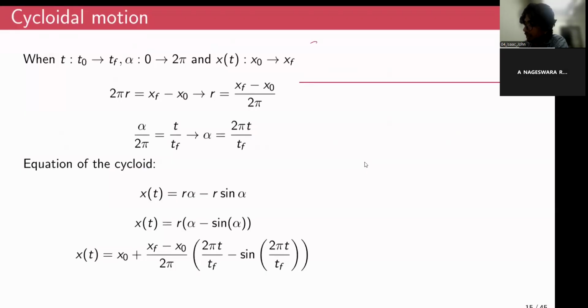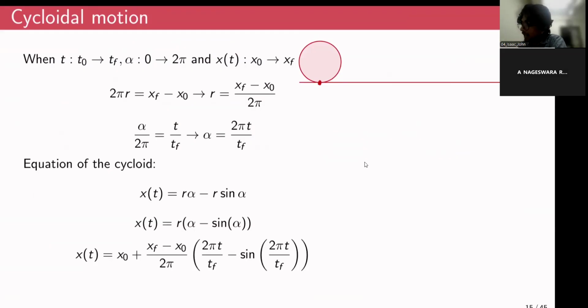and if you roll a circle over a straight line, maybe if you consider this to be the circle, the locus of any point on the circle, the locus of this point on the circle, as the circle rolls on the straight line, is what we call the cycloidal motion. So, for example, if you consider this to be the point whose locus is what we are tracking,